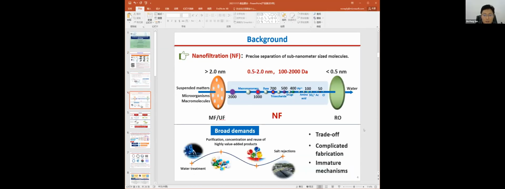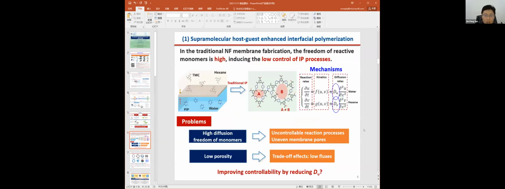Okay. So in this talk, I will mainly talk about the two directions in my work. The first one is how we tackle the trade-off effect by developing a host-guest enhanced interfacial polymerization to precisely construct the sub-nanometer pores. And then, if time allows, I will talk a little bit on another development inspired by the host-guest chemistry. We developed a nanocapsule technology to encapsulate the modifiers of the membranes, and we can regulate the pores and charge in one step, so that our target is the large scale fabrication of high precision NF membranes